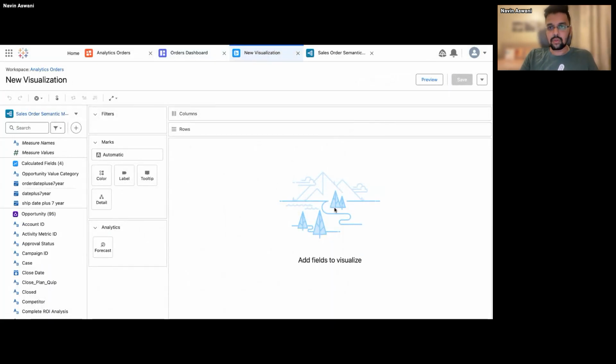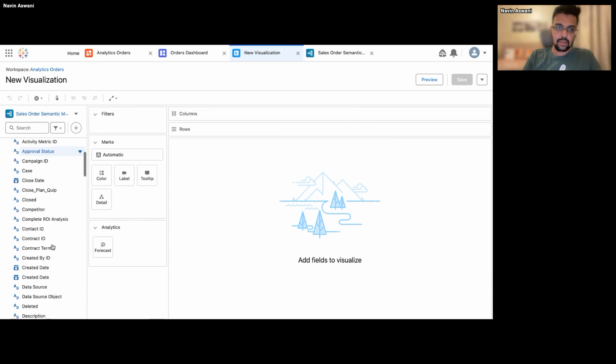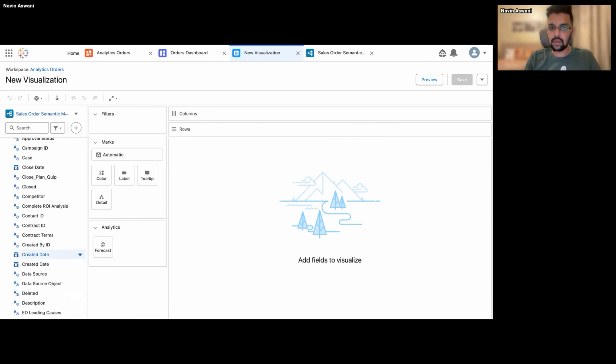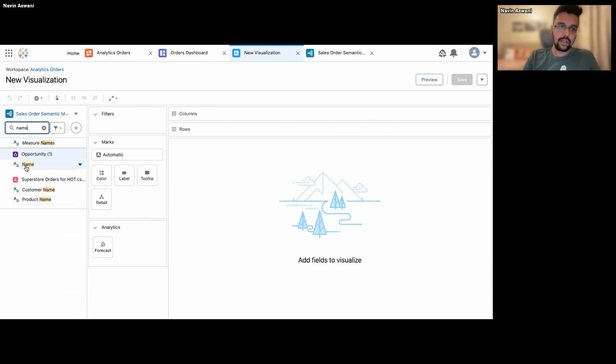Somehow this would be giving you a feeling of your Tableau desktop or Tableau cloud screen that you get to do the visualization. So now here our aim is to get the high value opportunity. Just to show you at the visualization layer how it seems, let me quickly get the opportunity name.